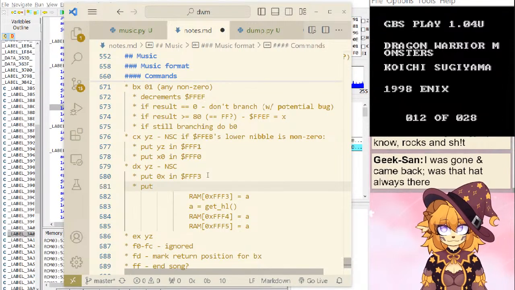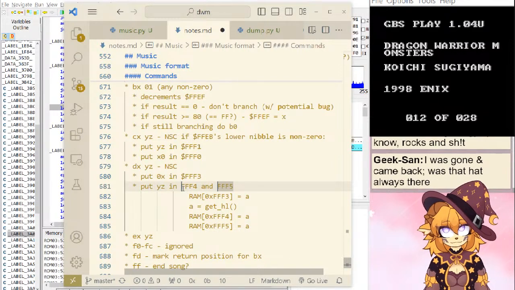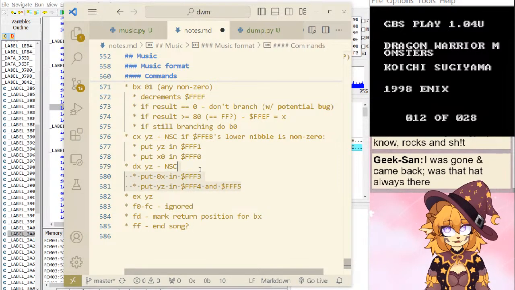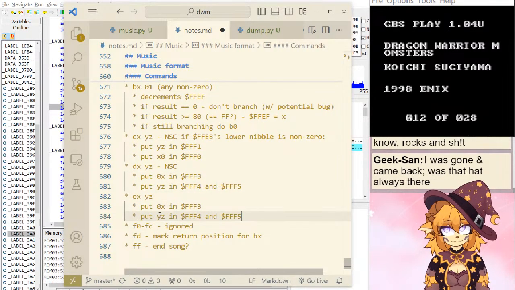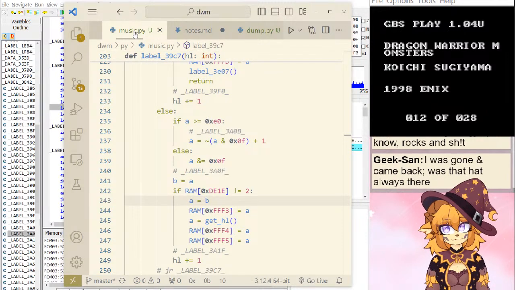Put YZ in FF4 and that ends for E. X, we're doing similar, except it's not 0X. It is